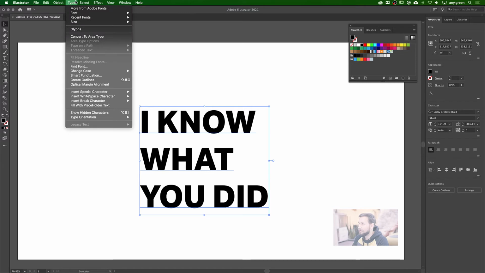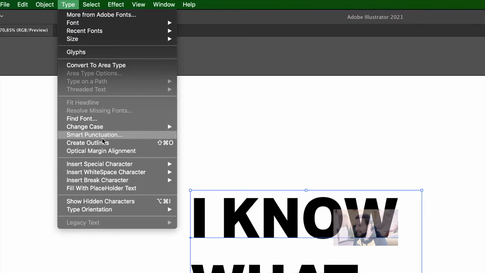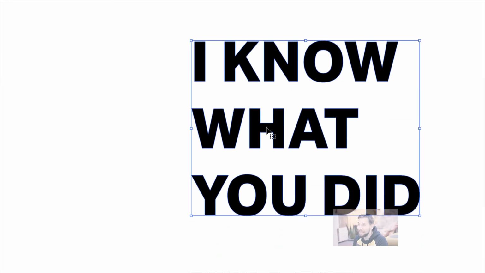No, Type. There it is. Type and then Create Outlines. I usually only remember Command-Shift-O. So create outlines, and now our text is converted into regular paths, so that we now have the option